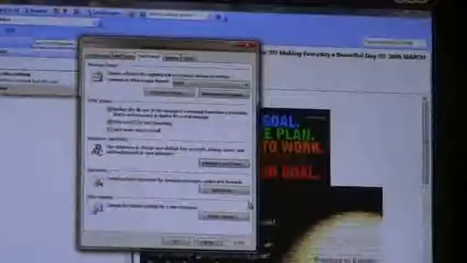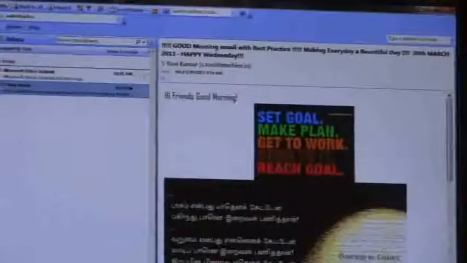We have to select the font for new mail, replying and forwarding. When you go to new mail, that font will be selected automatically.